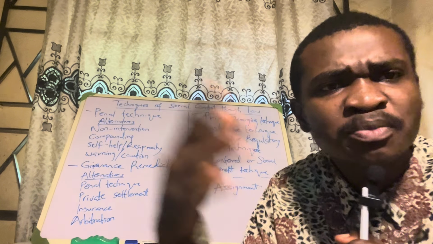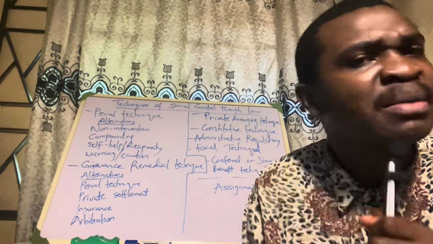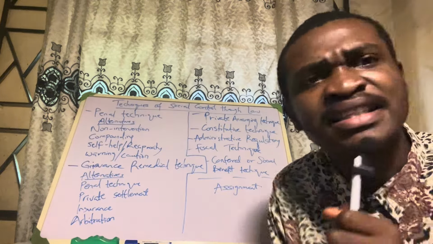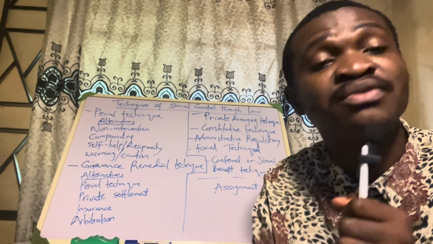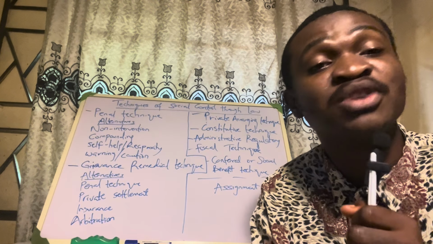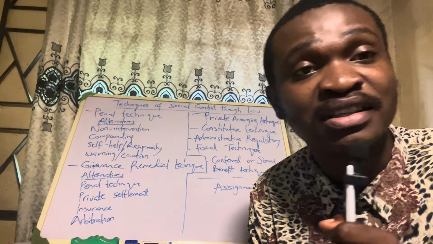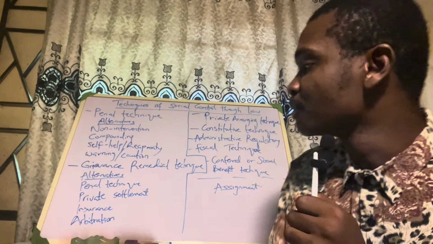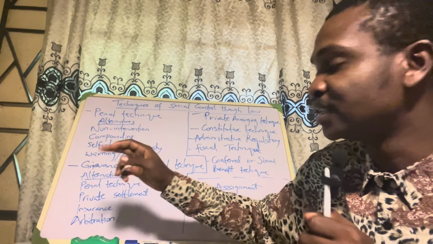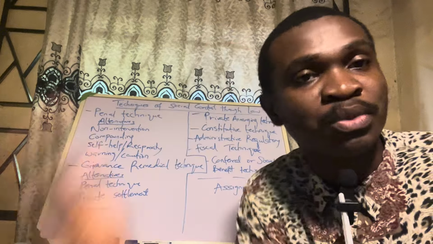Instead of going to court, paying lawyers, and they will come to court and speak English every time they go to court, you give them appearance fees and all that, you now find out that the 80,000 that you could have used to settle, you use it to pay lawyers, and before the judgment comes, they will now say pay 500,000 damages. You get? So private settlement is an alternative to grievance remedial. When you come together, you settle privately instead of going to court.